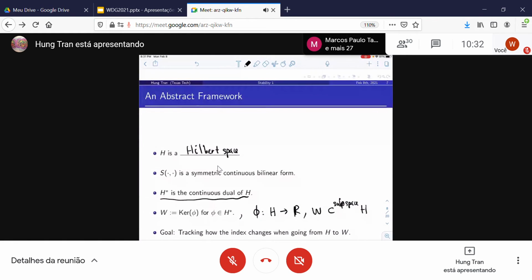The reason is that this bilinear form induces